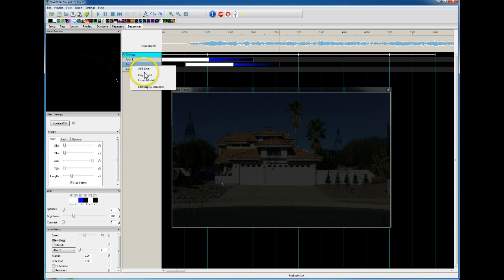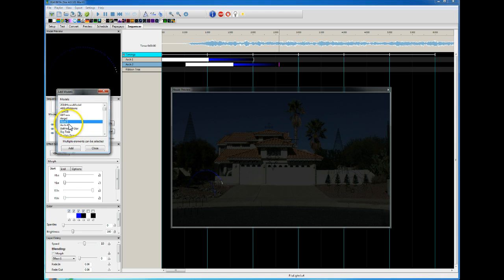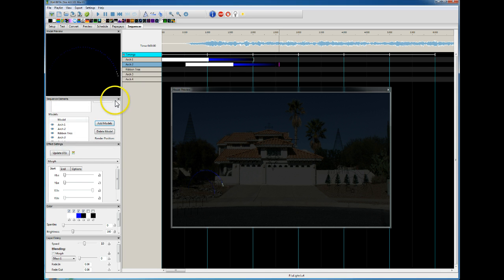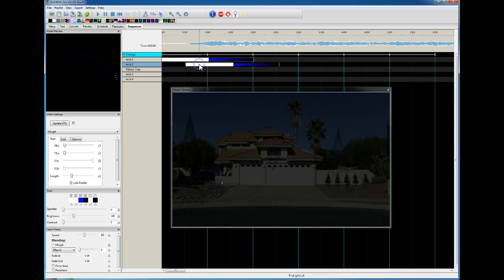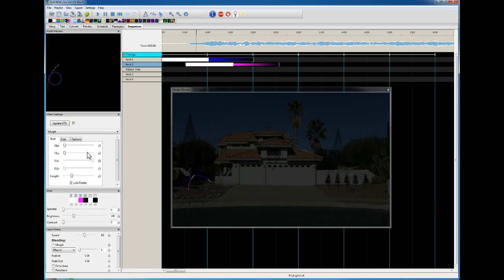So I'll go ahead and add the other two arches that I have on my display there. So if you click on an effect and then drag the icon, you basically get a copy of whatever that effect is doing. So let's say let's make the second one have a pink tail. So if I click up here on the blue one, drag it down to